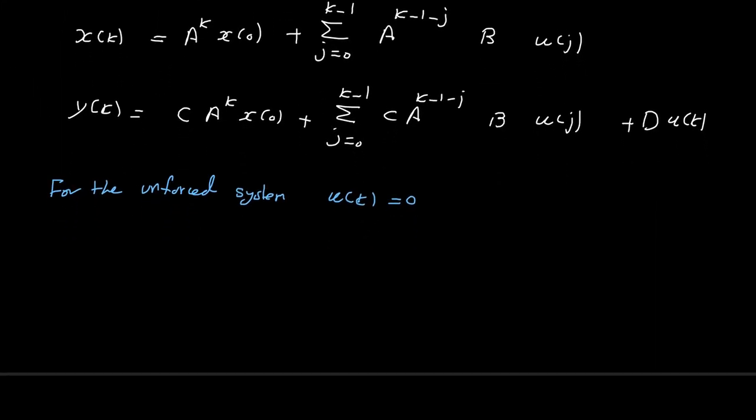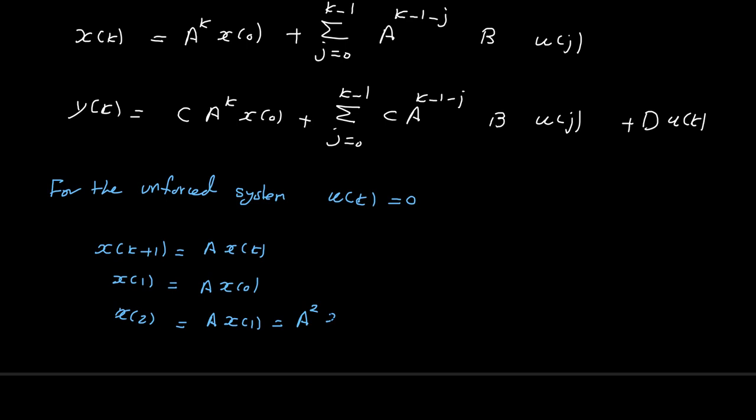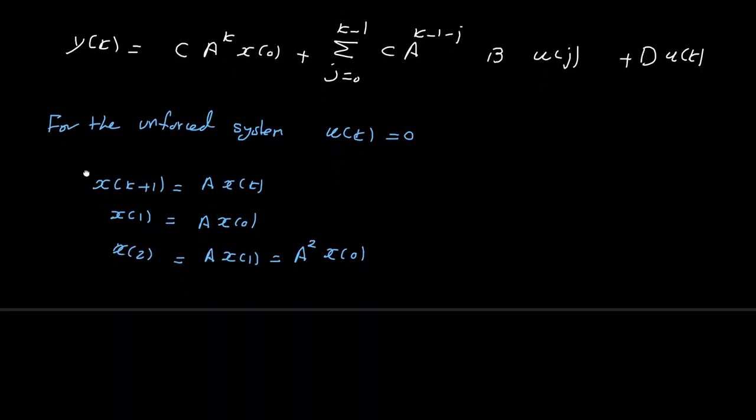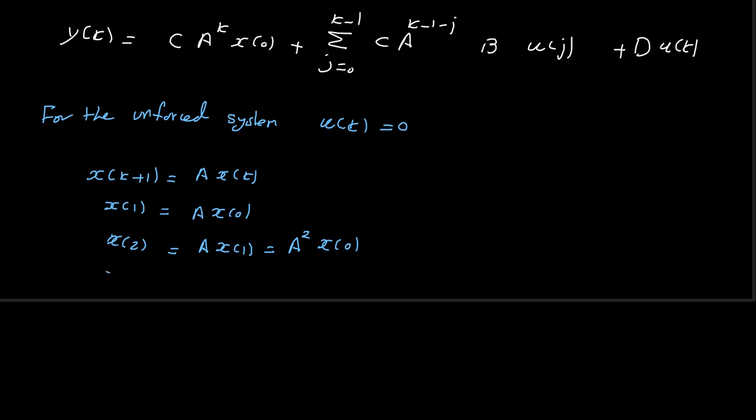So in this case, if we use the recursive method, x of k plus 1 will equal A x of k, and using the recursive method we can say that x of 1 will equal A x of 0, x of 2 will equal A x of 1, which is actually A squared x of 0, and we can continue, for example, to x of 3, which will equal A x of 2, which will be